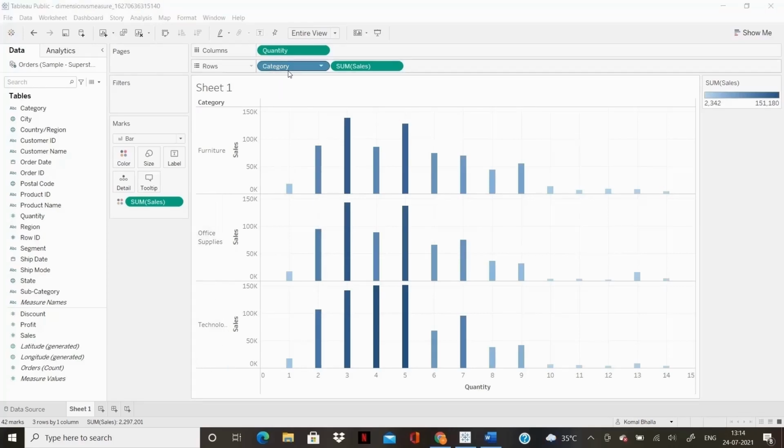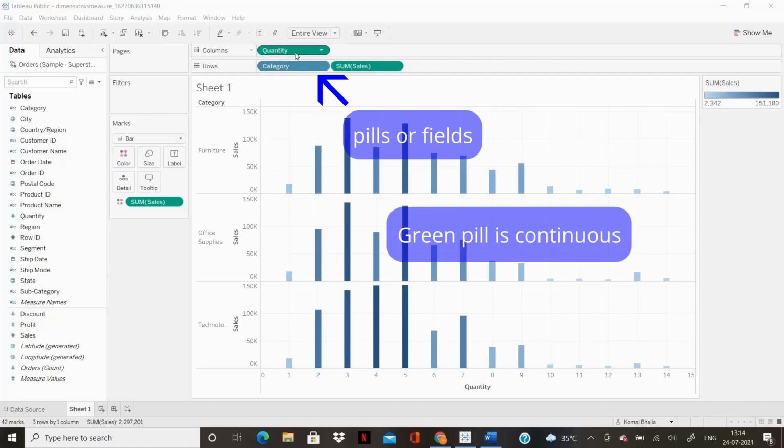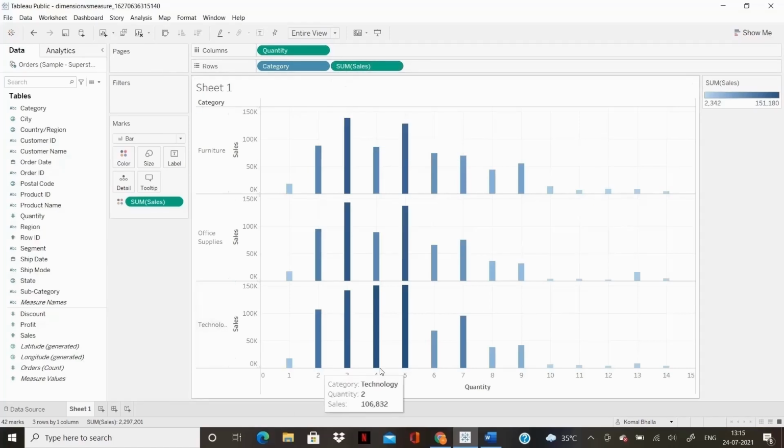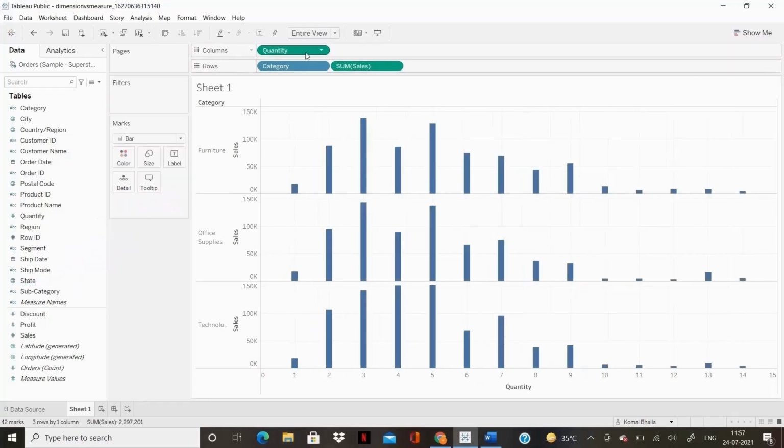These oval elongated shapes are pills in Tableau. Anything green is continuous in Tableau. Both sales and quantity are continuous, so you have an axis for each field when moved to rows or columns, covering the range from min to max. Swap back sales from color, as quantity and sales are both continuous. These are green pills and they form a horizontal and vertical axis when moved to column and rows area. We'll switch to a line chart, as it is the best approach in such a case.